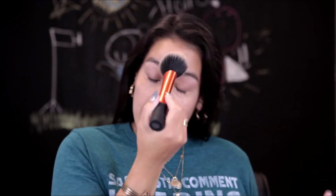Alright, so at this point, what I like to do, because the primers tend to give just a little bit of a sticky base to the skin, is use any face powder you have. Just try to make sure it's closer to your skin tone. So I'm going to go in with the Maybelline Fit Me Loose Finishing Powder in the color medium. I'm going to open that up, tap just a little bit into the top there, take a huge powder brush like this, sweep it in, tap off the excess, and then quickly sweep over my face, over where I put that concealer under,